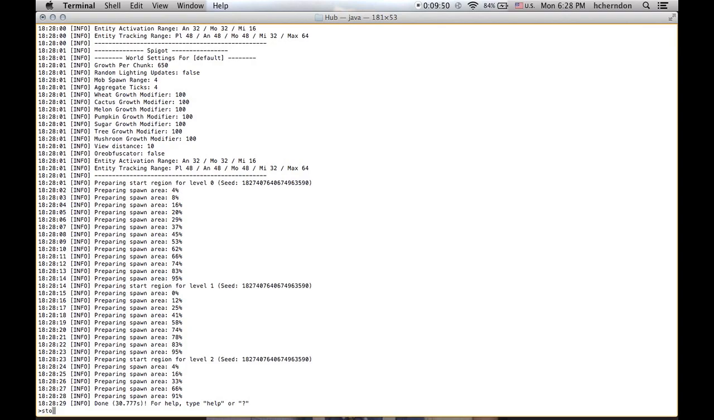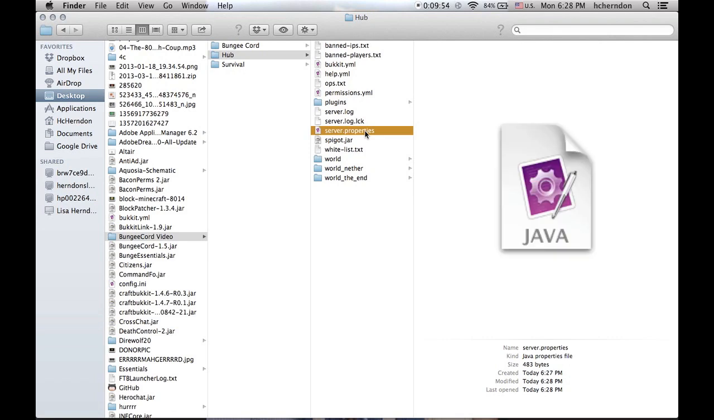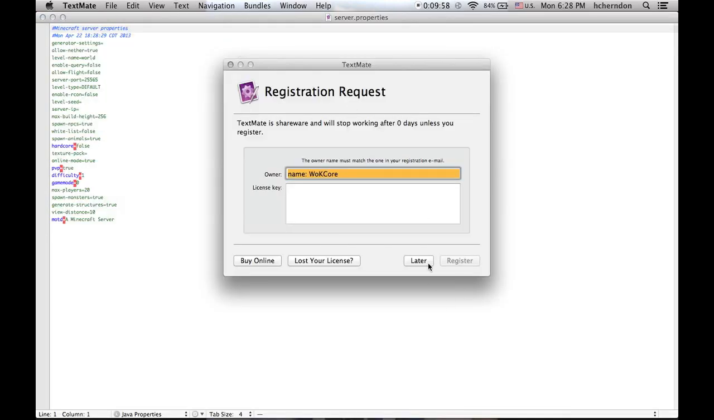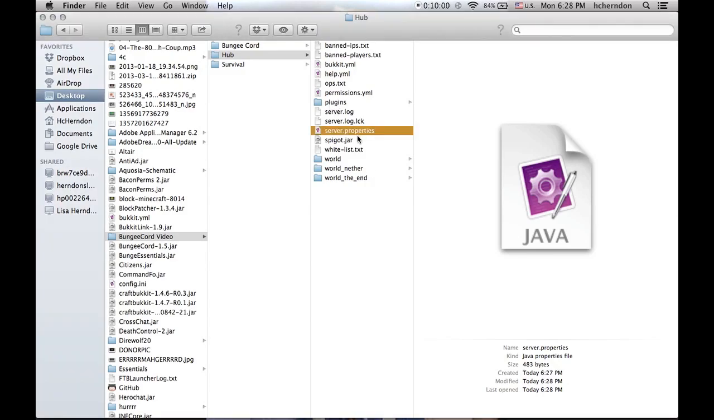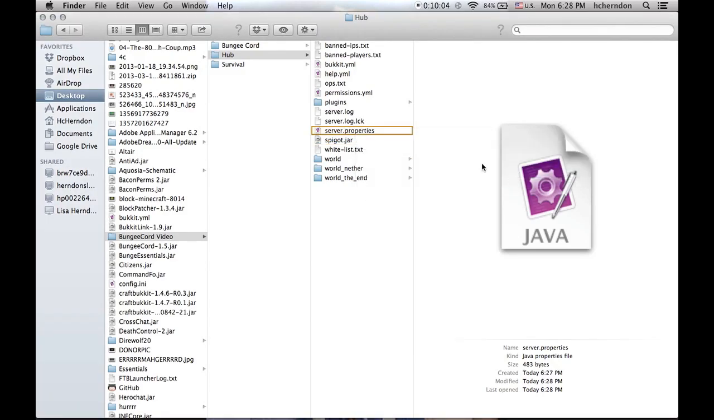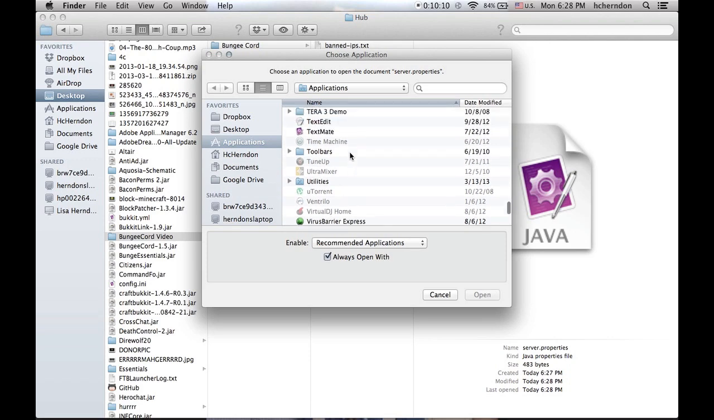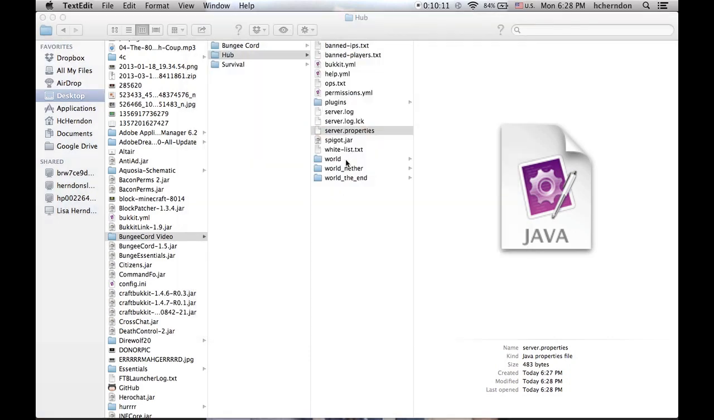Alright, so now that it's generated, I'm going to go ahead and stop it because you have to edit your server.properties. So now, if you're running your BungeeCord server on the same server that you're running your Minecraft server on, then this is going to be easy because you just use localhost. Other than that, you have to do some other things that I'm not quite sure how to do at this point in time. But for this, we're just going to say you're running this directly on the same box as